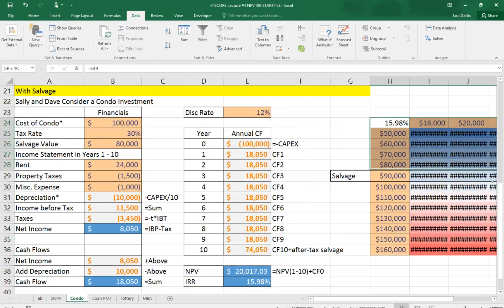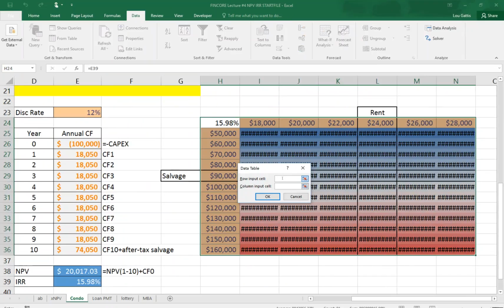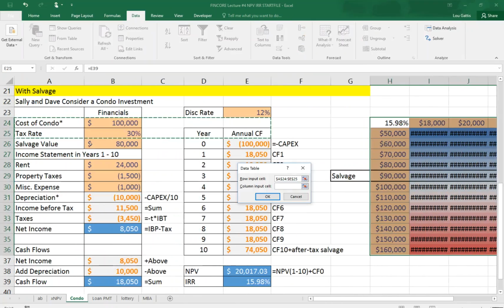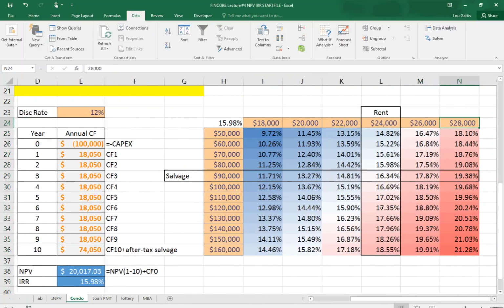Well, let me start that over again. So data, what if, data table. Find the rent that's linked to the IRR, and find the salvage value that's linked to the IRR. And then what I can look at this